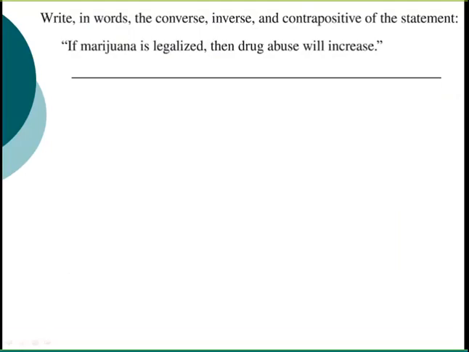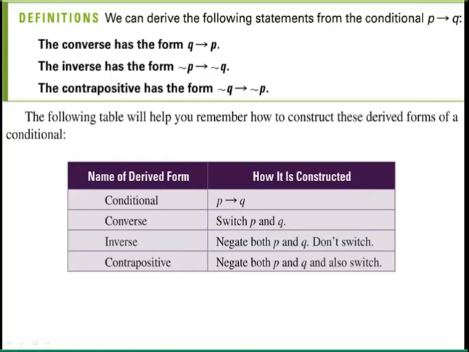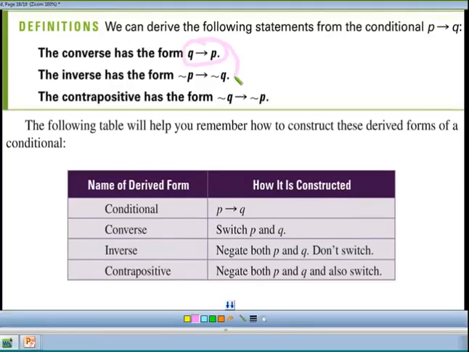So I said the inverse of the converse. So here's the converse here. If you notice, I take and switch both of their signs. That's finding the inverse, which is taking the not of both of them, of the converse, the traded places. Okay, so hopefully this table down here helps us know what to do. And then I said this, but here it is in words. So the conditional is the statement. Converse, you just switch the P and the Q, switch their places. That's what's happening up here. And then inverse is negating P and Q. You don't switch them. And then negate P and Q and also switch is the contrapositive.